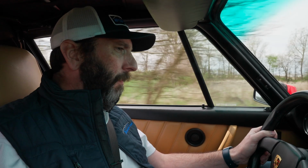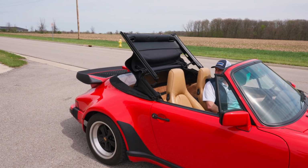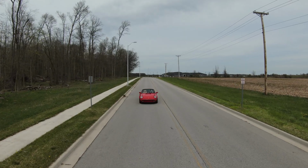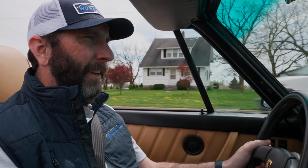A couple other interesting facts about this particular car. It was featured in a Porsche magazine called Excellence, where it was a participant at a concours. It has won some awards that are also part of the file. Not bad, 60-odd degrees here in Auburn, Indiana today, so we may do some top-down cruising here. Tight, well sorted, well documented, well optioned,